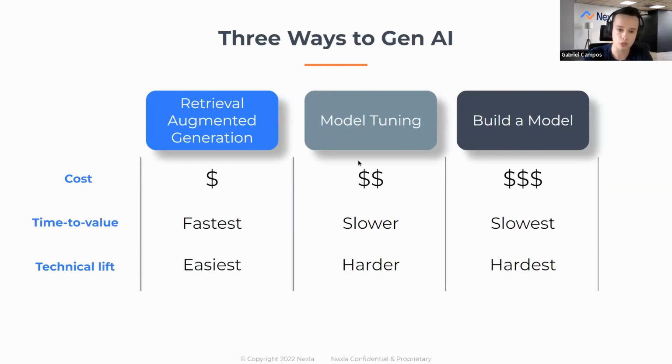And moving to model tuning, this approach balances between customization and resource investment because it's less costly than building a model, but still more expensive than simpler methods. So the technical lift is considerable, especially when incorporating techniques like parameter efficient fine-tuning, which allows for significant model customization. And the time to value is slower compared to more straightforward methods, but it can also be very effective